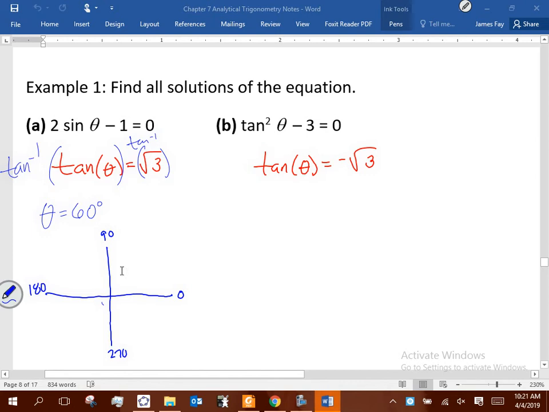We just found out that when tangent of theta equals root 3, theta is 60 degrees. That's one of our solutions. We need the other solution. What other quadrant is tangent a positive value? Because that's what root 3 was here. It's positive value. What other quadrant is positive for the tangent? Third quadrant. Okay? So yesterday, I think we reflected here and said, well, that's got to be 60 as well,